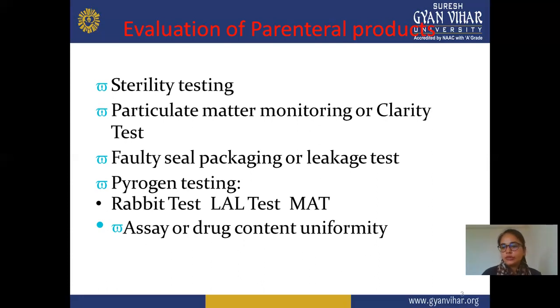Next is assay and drug content uniformity. In this, we mainly measure how much drug is present in the formulation. Suppose we are preparing a parenteral formulation, and in this particular container the concentration of drug is 500 mg per 1 ml or more than that. You should make sure that the required quantity of drug is present in your formulation, because if it is not present in the required amount, it may show some toxic effect or more unwanted effects. If it's present in a lower concentration, there may be chances that the required therapeutic effect is not observed.